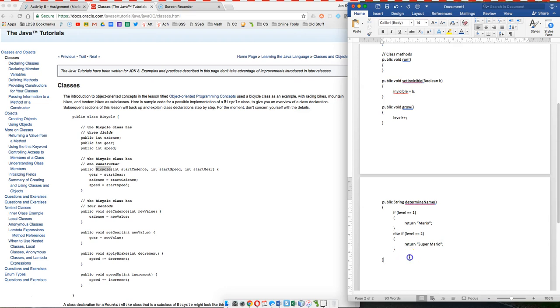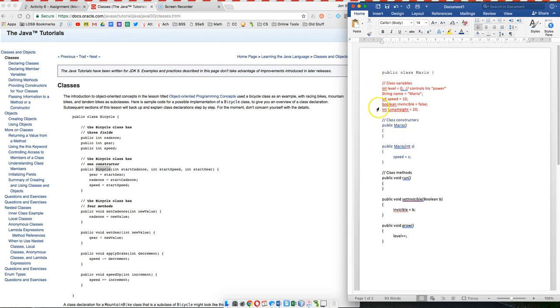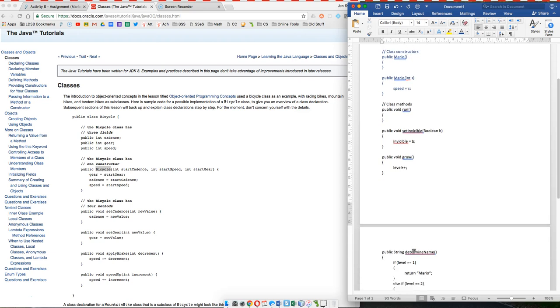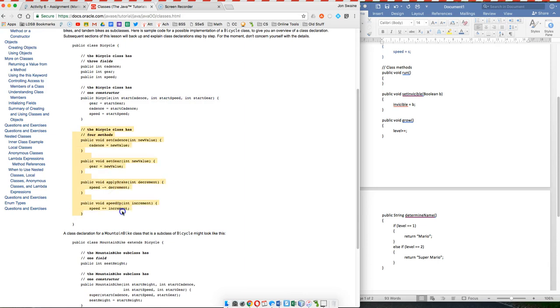But again, the point of this exercise was not to make amazing methods and actually build the Mario game. It was to say, okay, well, we get that a class in Java has 3 sections: class variables, class constructor, or constructors, and then methods. Okay? So just like the bike, right? We have 3 variables or fields. A lot of different names for variables. Some people call them fields, characteristics, variables, properties, but they are the things that actually describe the object. And then here we have the constructor, how it's made, and then here we have the methods.